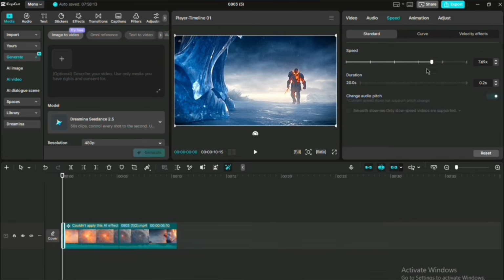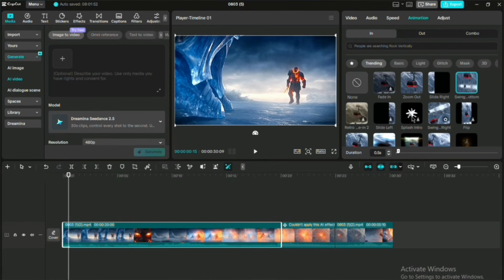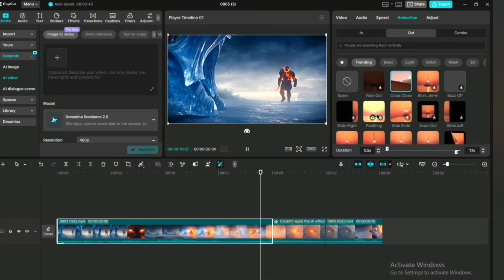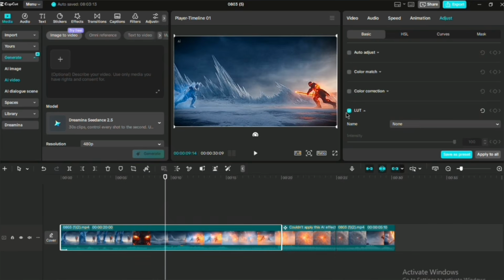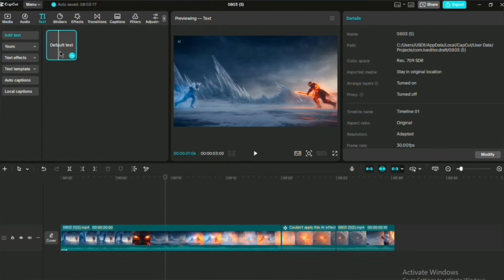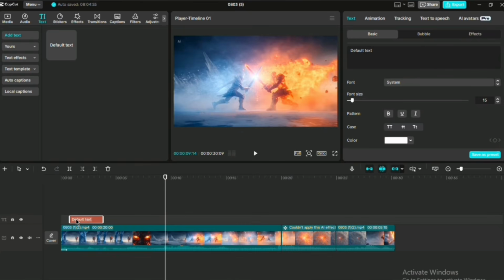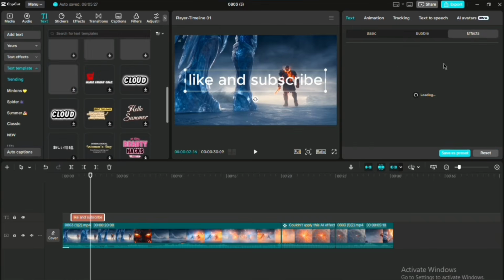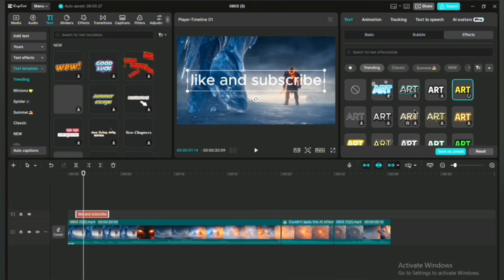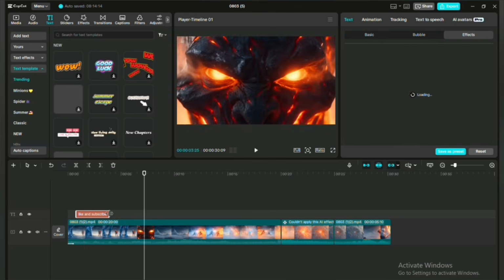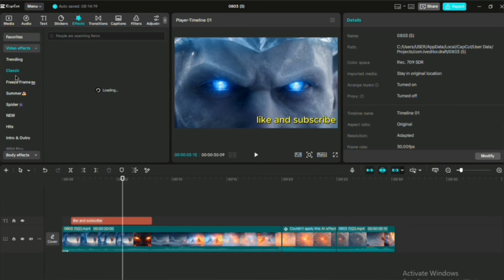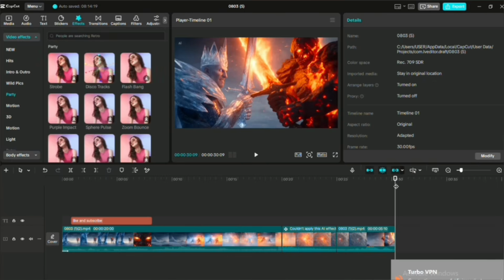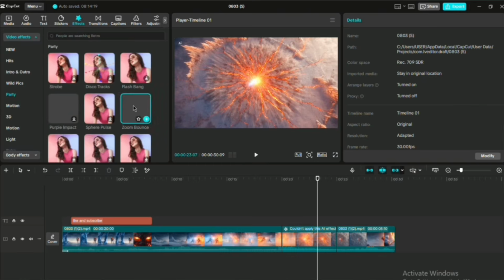You can also adjust the colors of your footage, and if you click on animation, you'll find different animation options, including in, out, combos, and more. If you've used CapCut before, you already know how many editing tools are available here. You can also add text directly to your timeline. Simply drag and drop it onto the timeline and then customize it however you want. You'll get different text effects, templates, fonts, and customization options, so you can completely edit your AI generated video right here. You can also add effects, transitions, stickers, and other elements simply by dragging and dropping them onto your timeline.